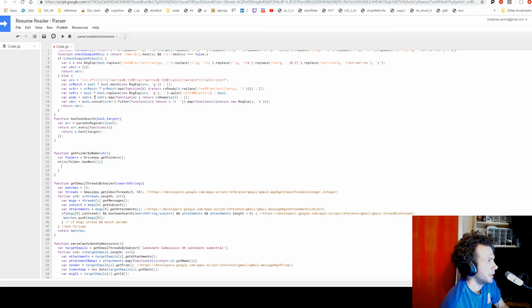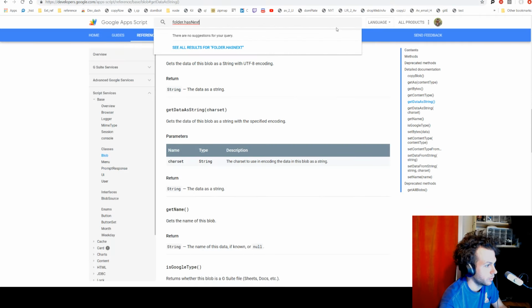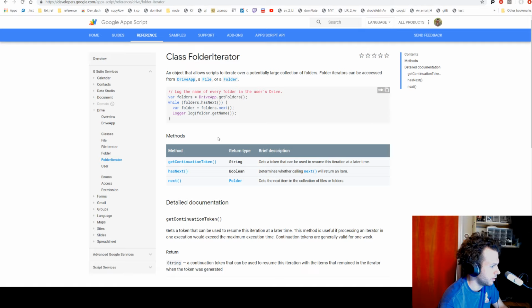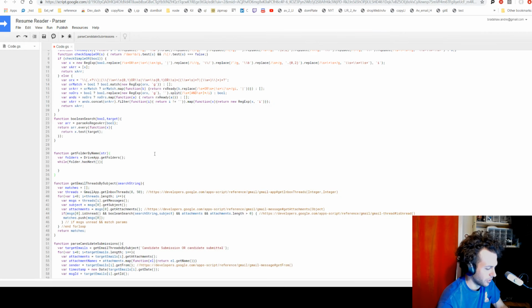While folder has next, actually this is probably default stuff anyway. So let's just quickly Google, since it's the Google Developers folder iterator. Yeah, okay, it's a straight rip of their code. So while that has next,